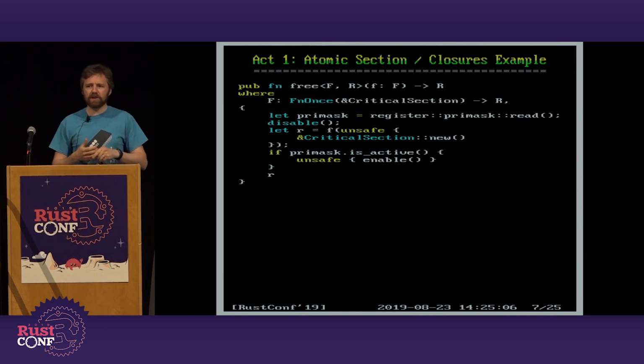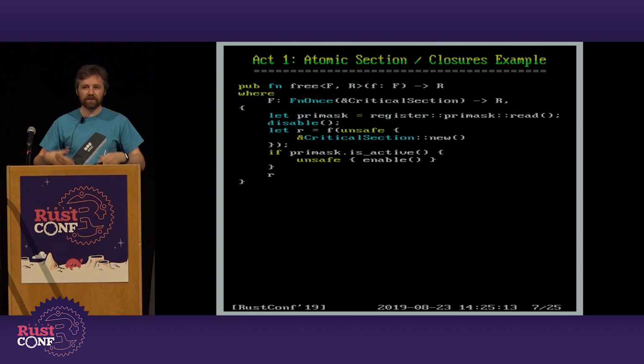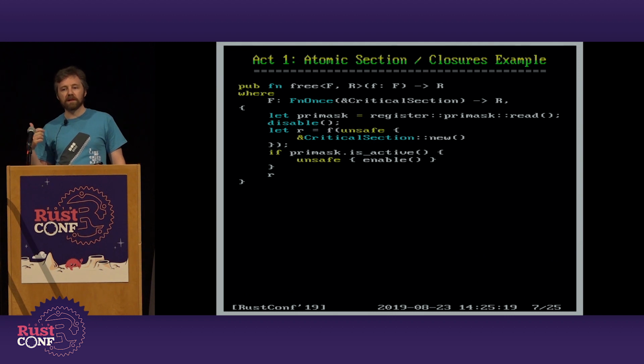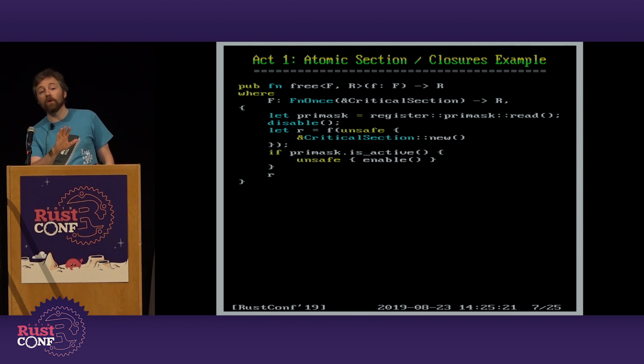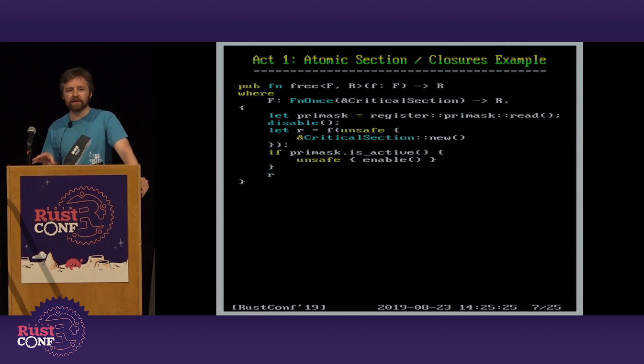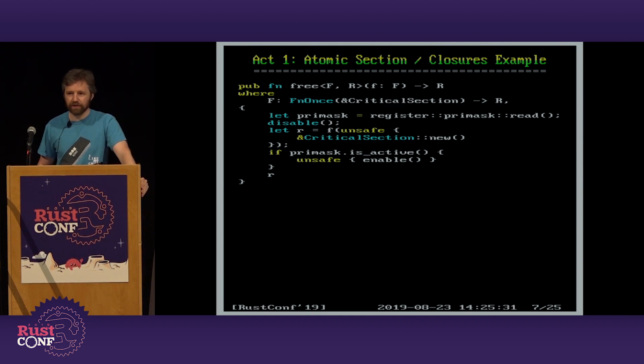The critical section object basically acts as a proof that you are in a state where interrupts have been disabled. It stops people calling functions outside of that state. That's an unsafe thing to create, where unsafe means, don't worry, compiler, I've got this. That would be a fairly lengthy keyword, if I'm honest, so I can see why they went with unsafe. But yeah, you say to the compiler, don't worry, I've got this, make me a critical section because I know